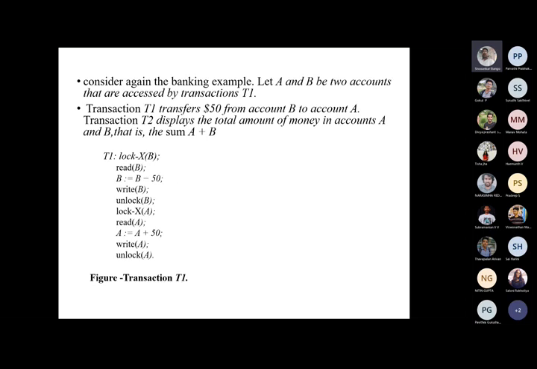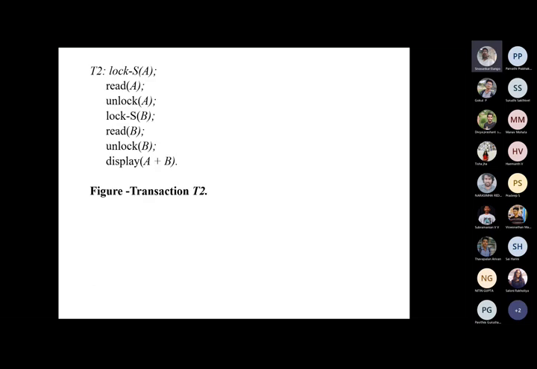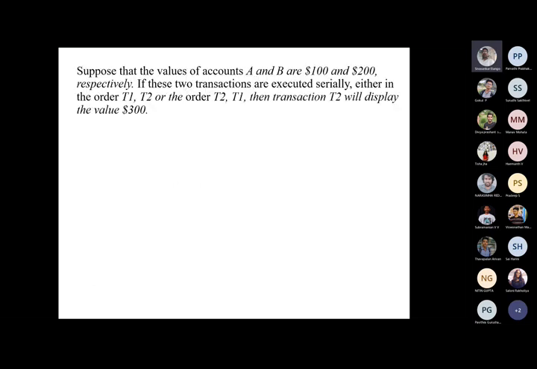So it's going to be 150 plus 150. The values of accounts A and B are going to be $150 and $150 respectively. So the sum of the accounts A and B is going to be $300 at the end of the transaction. So money is not created or destroyed during the process of this transaction. In the case of log-based protocol, the sum of the accounts A and B is going to be 300. So the consistency is preserved in this